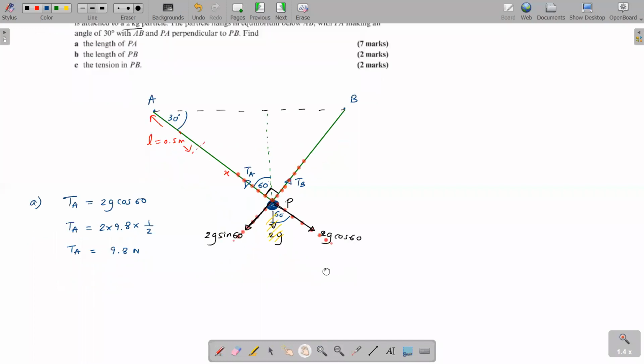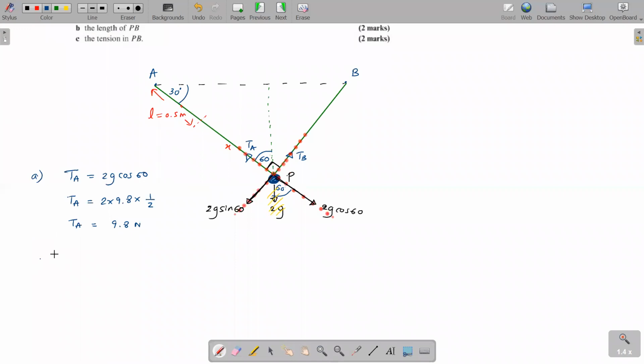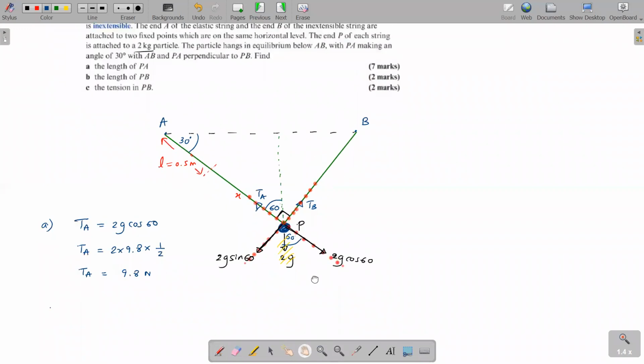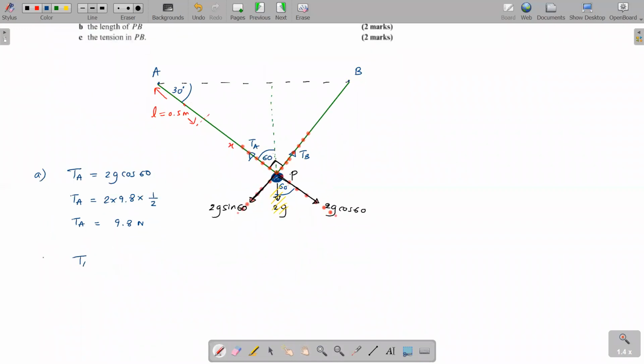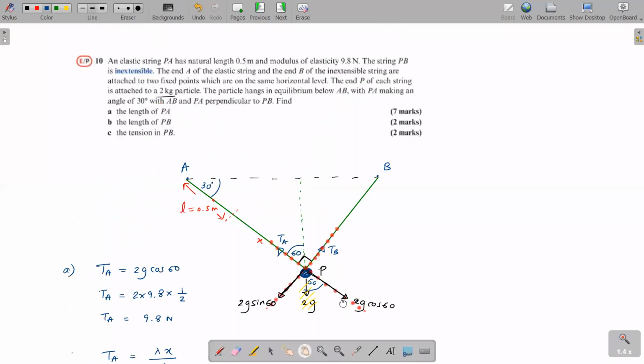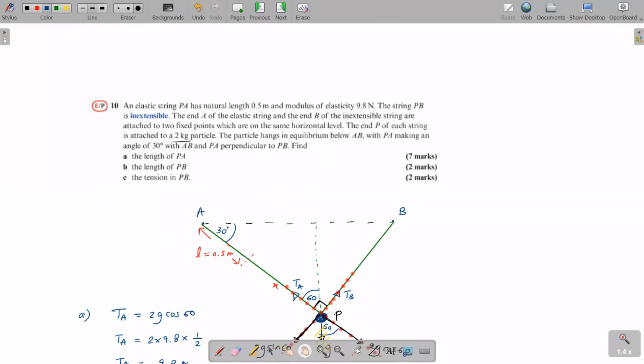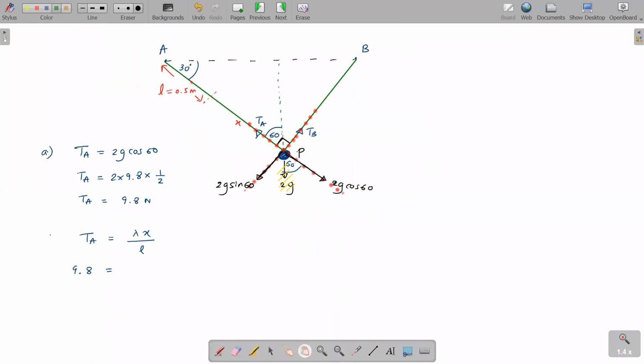Okay, so then let's use part B. They want, part A, they want me to find the length of PA. So what's the length of PA? Tension A is the elastic string, lambda x over L. So tension A is 9.8. What is the lambda value? The lambda value is, guys, how much is the modulus of elasticity? Can you see the modulus? Lambda is 9.8